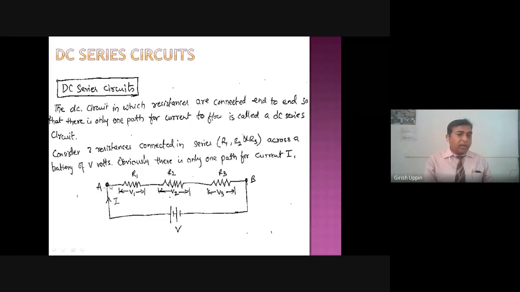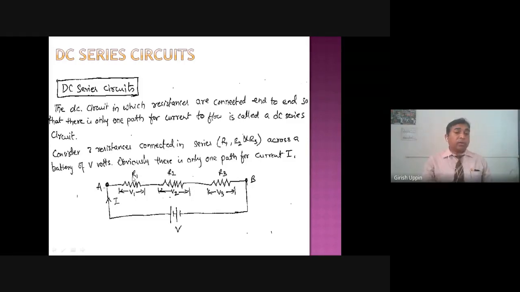When the current is flowing in each of these resistors, depending upon the resistor, the amount of voltage drop that we are going to get is different. The same current I will flow through them. If this is, let us say, 50 volts, and this results in 10 amperes of current, the same 10 ampere current will flow through R1, R2 as well as R3, but they have different resistances.